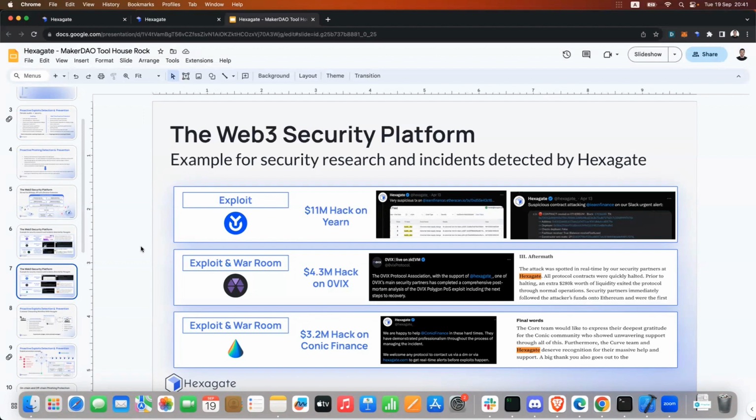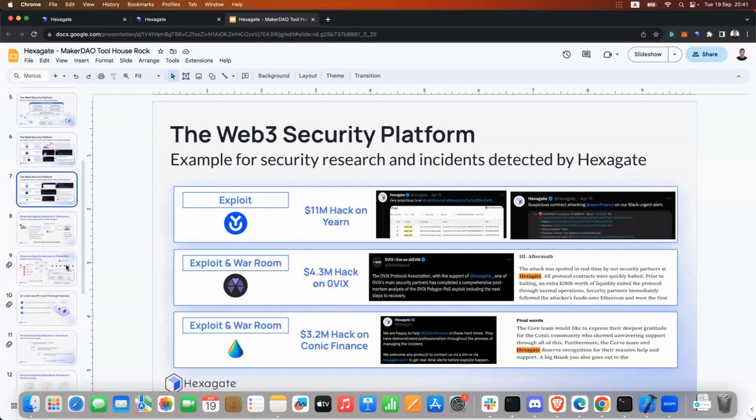War rooms are maybe worth saying something about, they are chaotic whenever they happen. So this is why whenever we work with a protocol, we come up with a very clear and concise plan as to what to do whenever you have an incident. So we have a very thorough and detailed plan for our customers, both pre-incident and post-incident whenever something's happened.